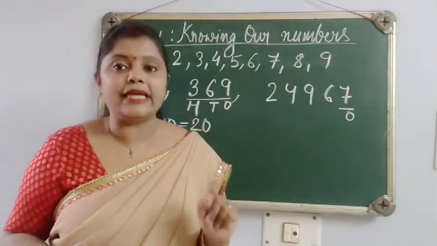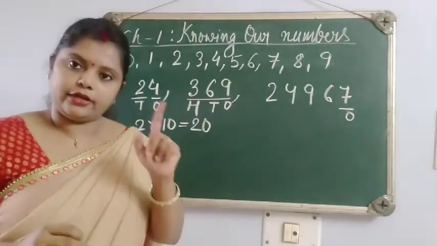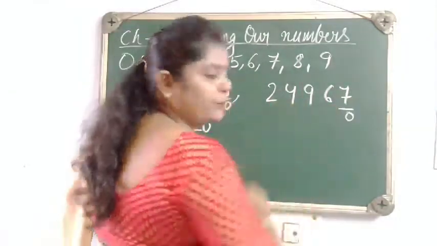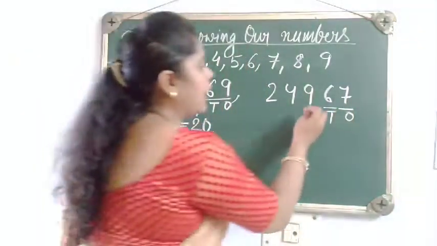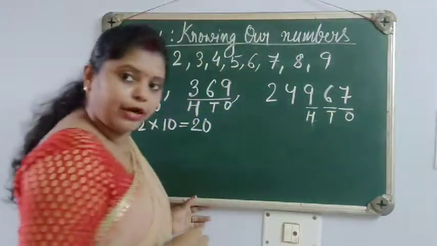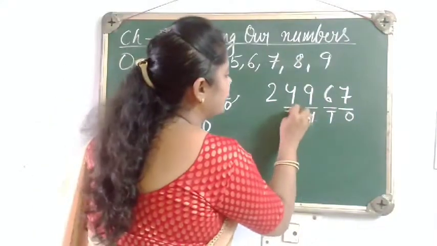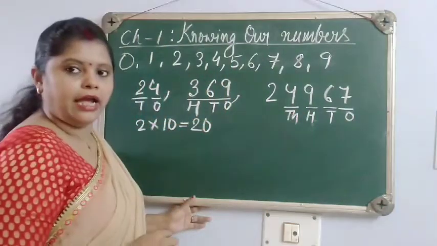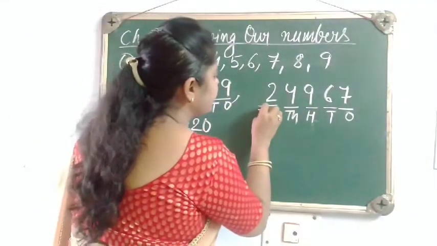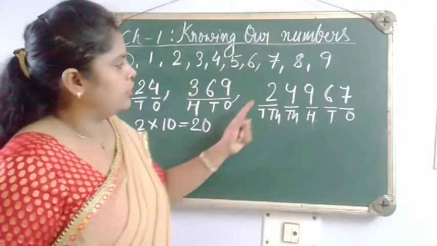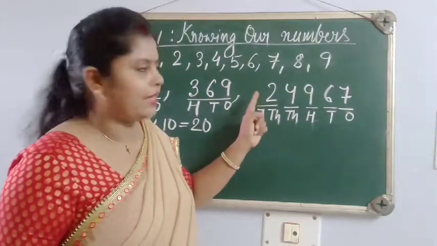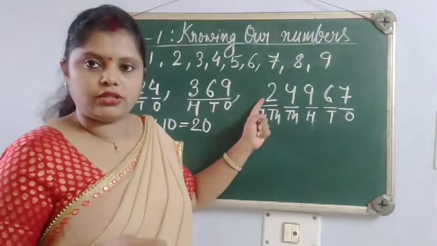You have to write the places from the right hand side. So this is your ones place, next one is your tens place, afterwards the 100 place, then the 1000 place, and afterwards the next one is the 10,000 place. So let's say together, this one is the 10,000 place, so 20 into 10,000, so it is